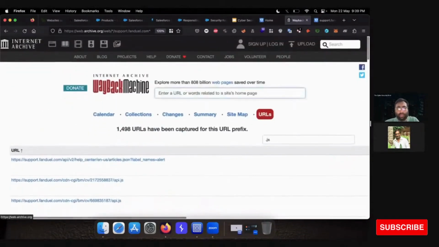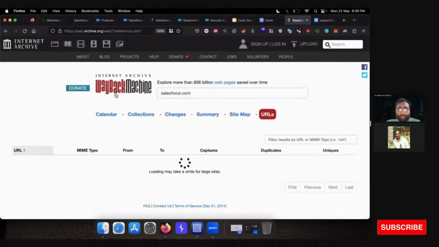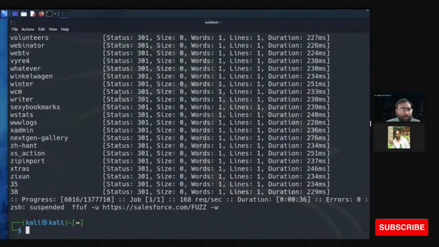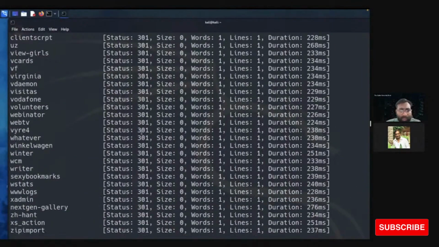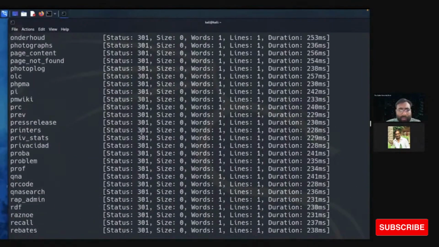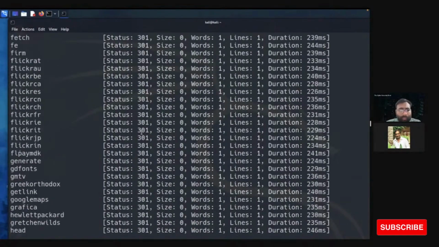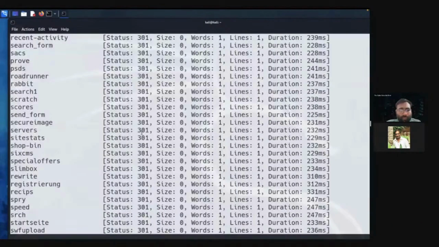Let's search for our main target, salesforce.com. We also have to check the result of our fuzzing process, which is completed, and see if we can find any 200 status. Nothing is displayed, nothing is available.